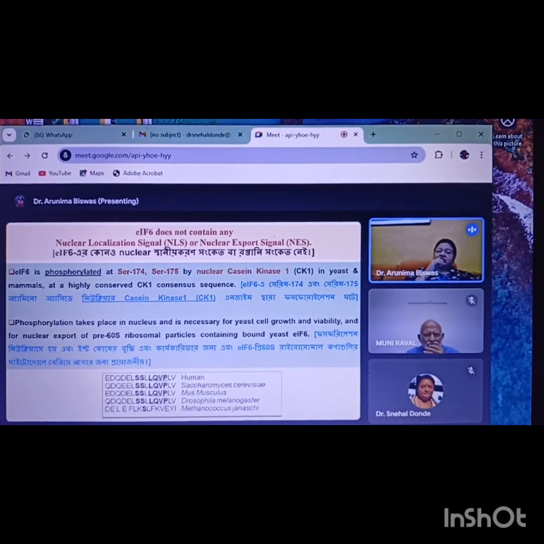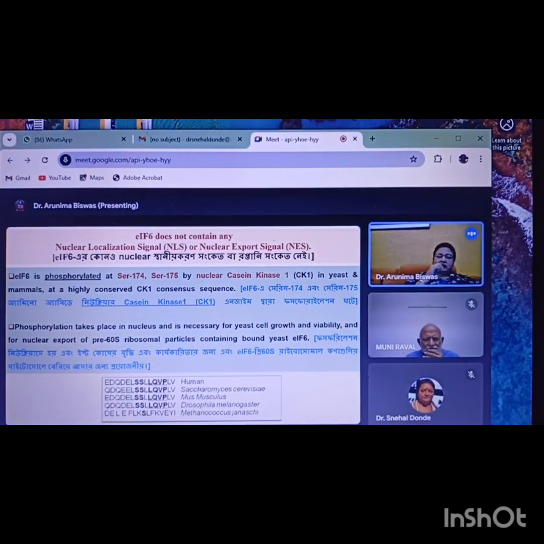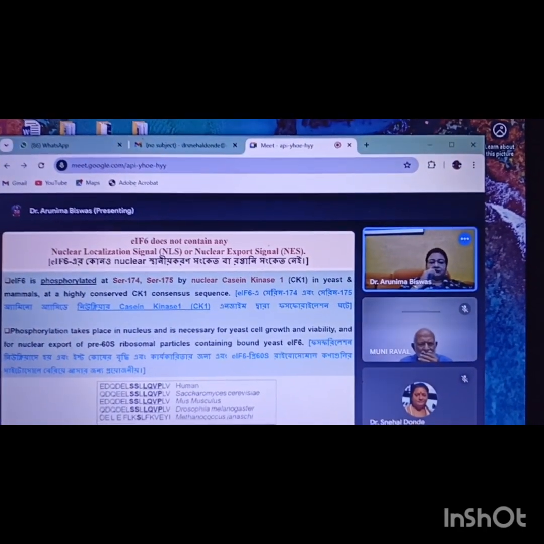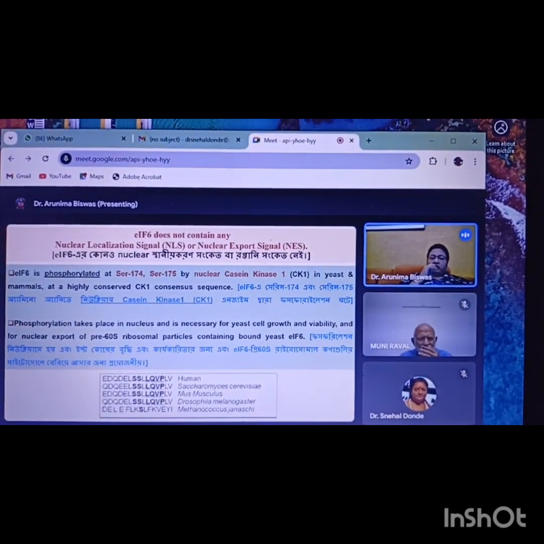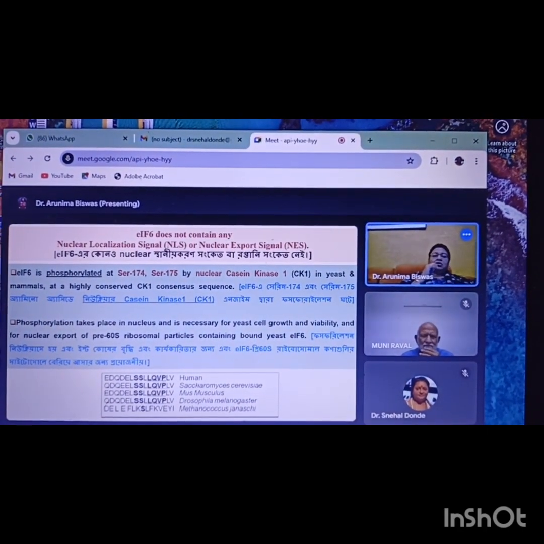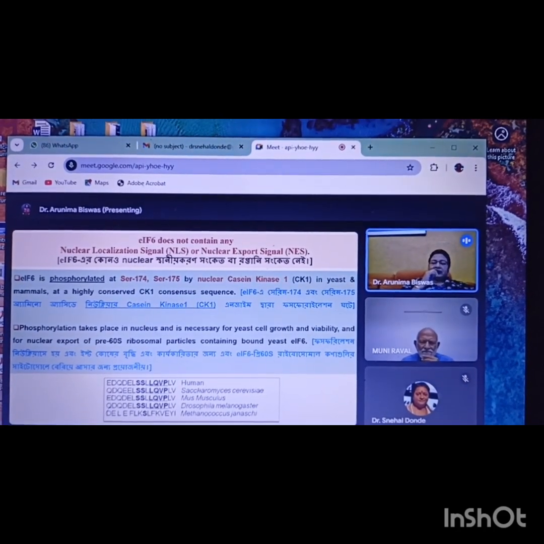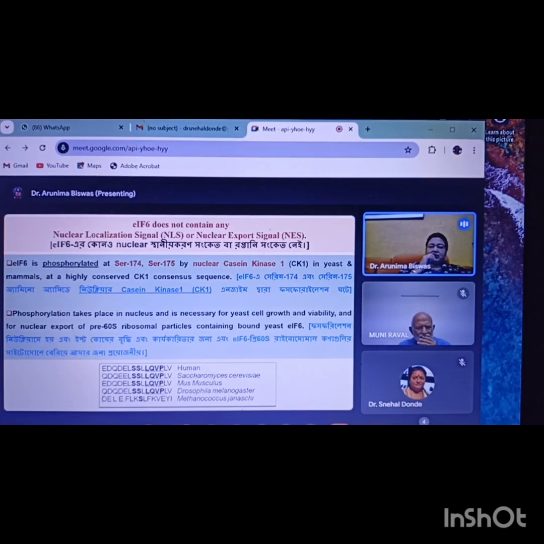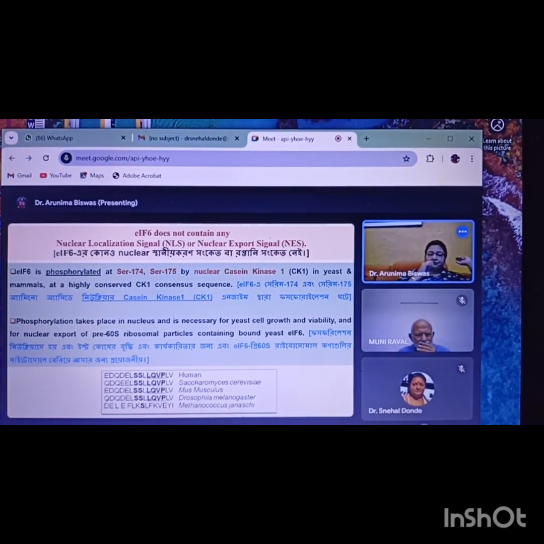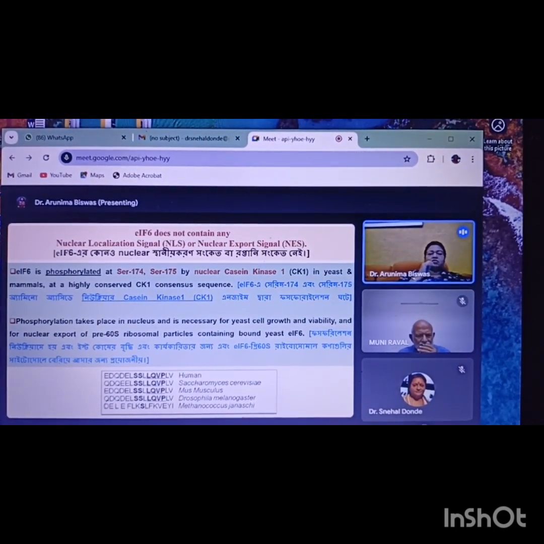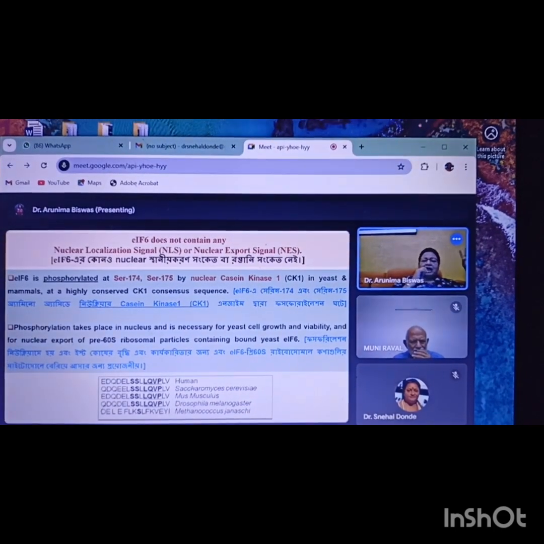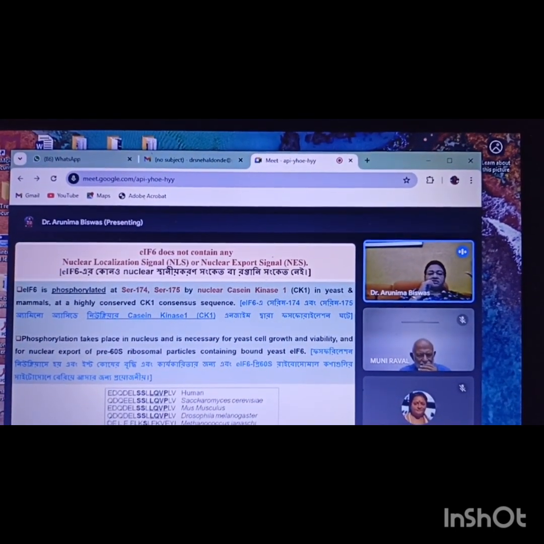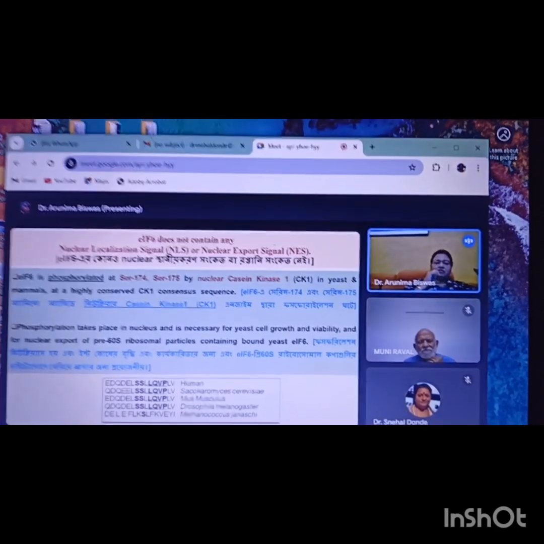Now after that, EF6 has to go back to the nucleus, but EF6 does not contain any NLS or NES. But other proteins have been shown that do not have NLS or NES, yet undergo this nucleocytoplasmic shuttling, and that is regulated by phosphorylation and dephosphorylation. Similarly, EF6 is also phosphorylated at two very conserved serine residues at positions 174, 175, and that phosphorylation takes